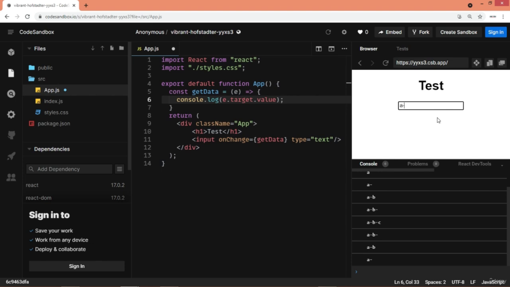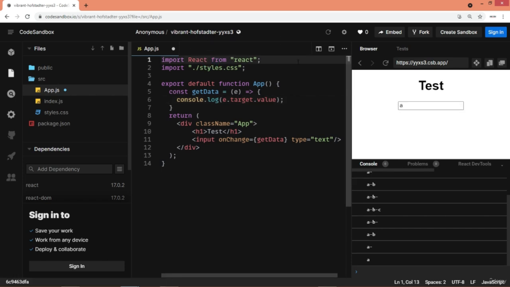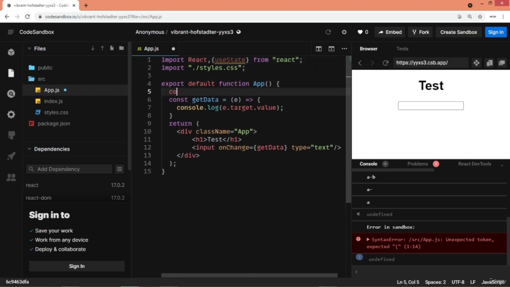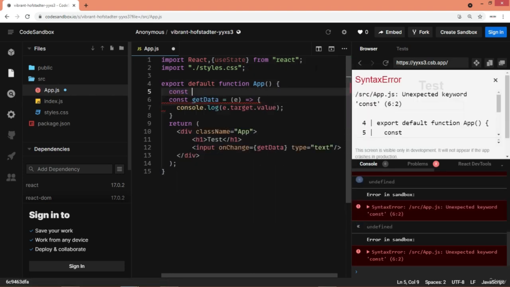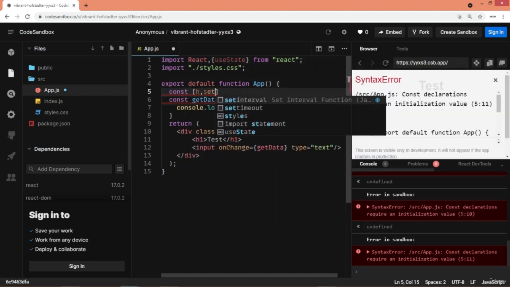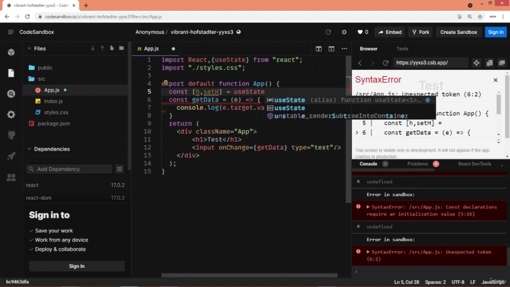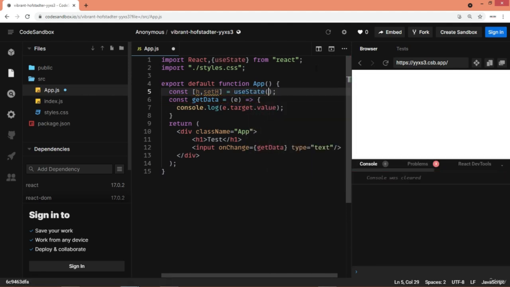Let's try to update the state. Let's implement functionality where whatever you type inside the text box should be updated on this H1. So here I'm going to first of all import the useState hook, and let me just create the header. I'll say const h, set h, and this is an array, is equal to useState, and let's have a